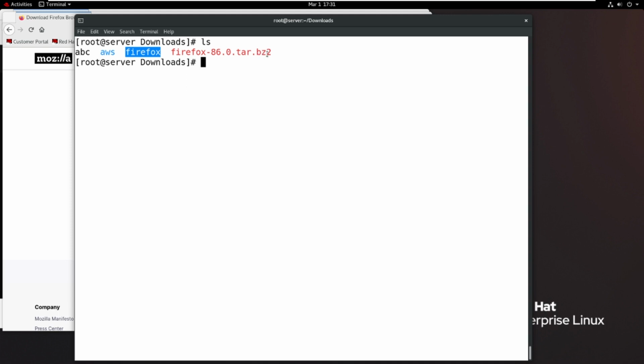But if you want to remove the extension, like tar space bz2. bz2 means what? Here it is called the extension of bunzip. So that's why bunzip2, then Firefox-86.bz2. Now once I extracted, see that. So now I am removing the .bz2 extension.